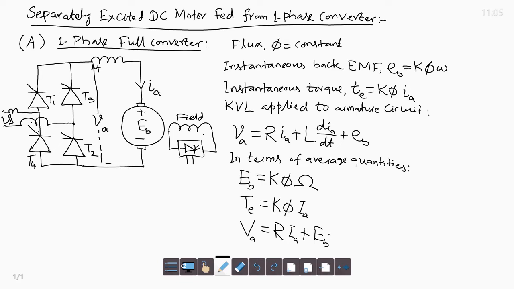Since the average voltage drop across inductance in a DC circuit is 0, the L dIa by dt voltage has positive sign for a time interval and negative sign for a time interval. Positive and negative areas of L dIa by dt over a cycle cancel, leading to 0 average value. In other words, in a DC circuit, inductive reactance omega L, which is the same as 2 pi fL, is 0. So, inductance behaves as a short circuit at steady state in a DC circuit. So, the average voltage of L dIa by dt is 0.